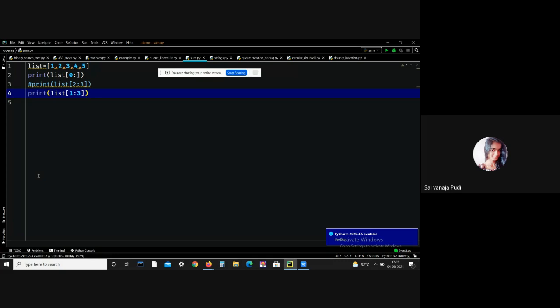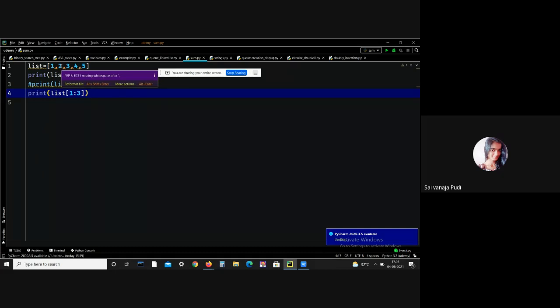The negative indices are counted from the right, I mean the last element, the rightmost. The rightmost element of the list has the index -1. Means here 5 is -1, 4 is -2, 3 is -3, 2 is -4, and so on.